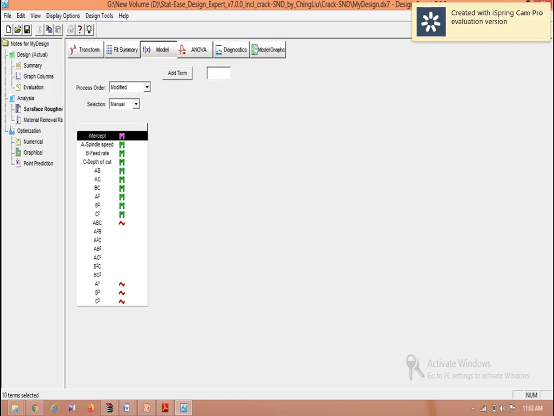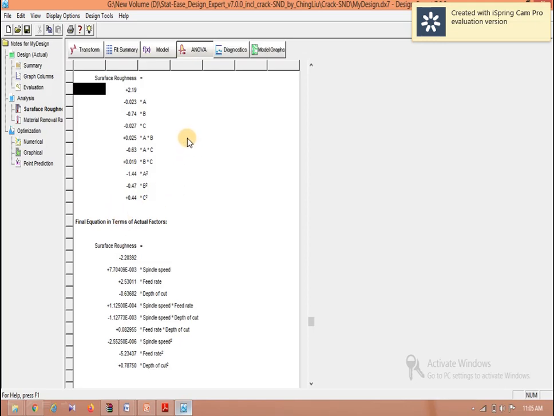Now I have selected up to the C square term, and I have checked whether the regression equation has been generated for the selected terms or not. Here in this case the regression equation has been generated for the selected terms, but we also have to consider